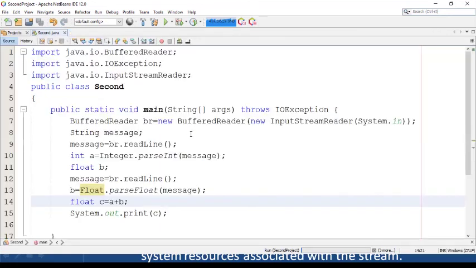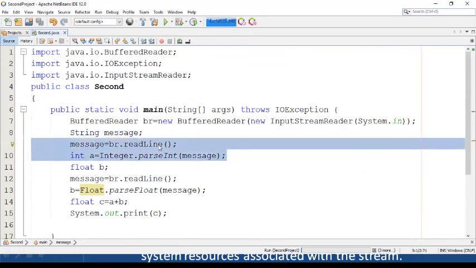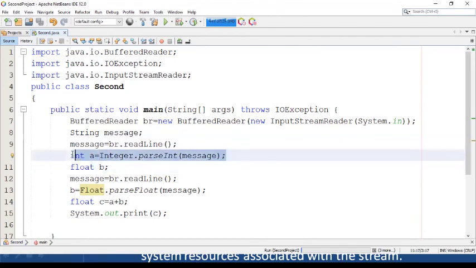This is the way you are supposed to read input using the BufferedReader class. The Scanner class provides a separate method for each and every data type, but in the BufferedReader class there is no separate method for reading integers, float, double, long and so on. You have to read as a string and then convert the given string into the respective data type.